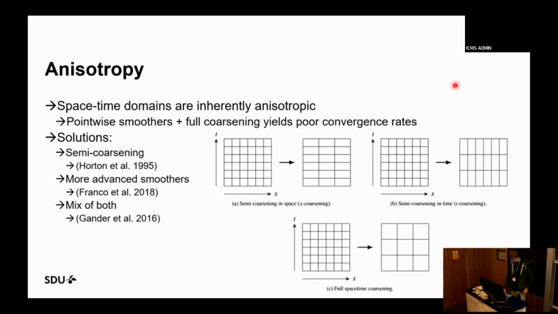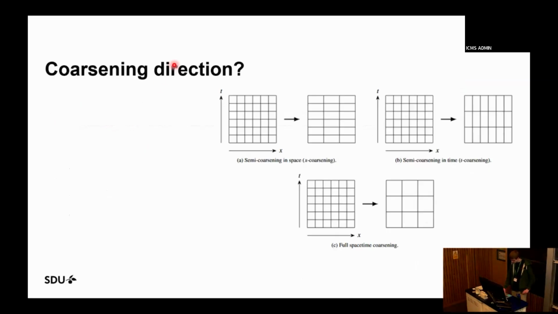In our case, we have decided to go for the semi-coarsening approach exclusively, because we thought this would be easier to implement in parallel, because pointwise smoothers are easy to implement. Now, when you do this semi-coarsening, it's not irrelevant which direction you choose to coarsen in. So in particular, you should coarsen in the direction of strongest coupling of your discretization. So in the context of diffusion problems, that is